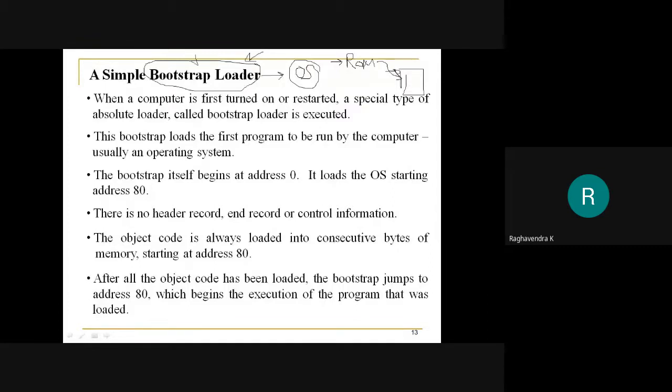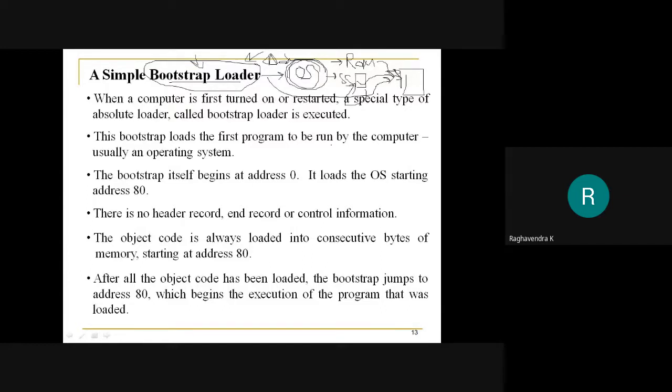This makes it an absolute program. The loader itself is an absolute program that loads at a specified memory location. Once this loads, its main purpose is to load the operating system, which is present in the secondary storage. From that secondary storage or device, it is going to load your operating system into the main memory, and it will start the execution of this program.